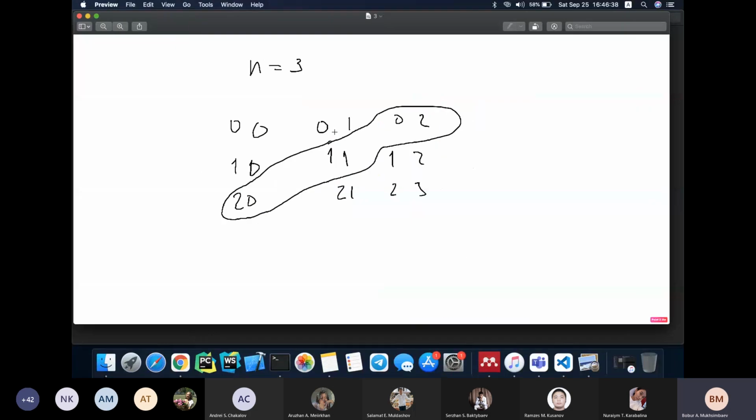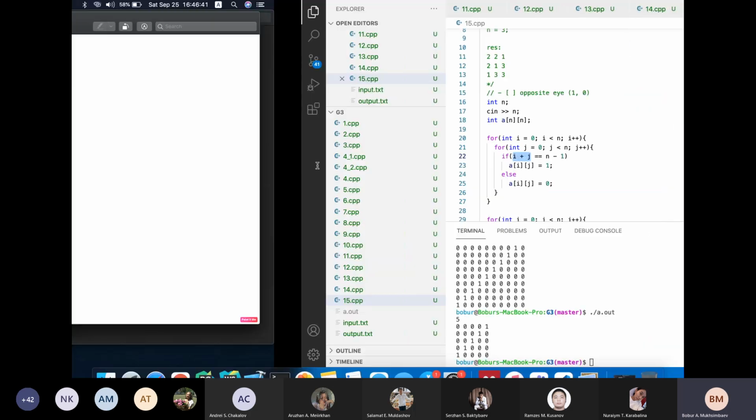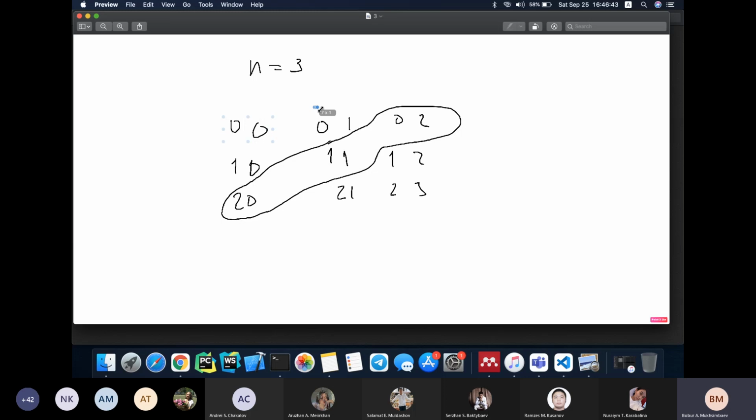for selecting the opposite diagonal. So the i plus j. Here I have i plus j, i plus j, i plus j, which is less than n minus 1. N minus 1 in our case is the number 2. So if you find the sum of this section's indexes, they will always be less than 2. On the bottom side, you will have greater than 2. For instance, here we'll have 3, you will have 5, and further toward the bottom,